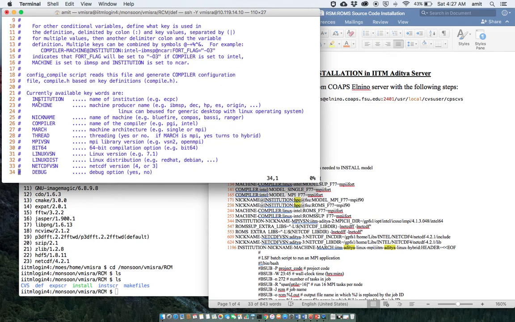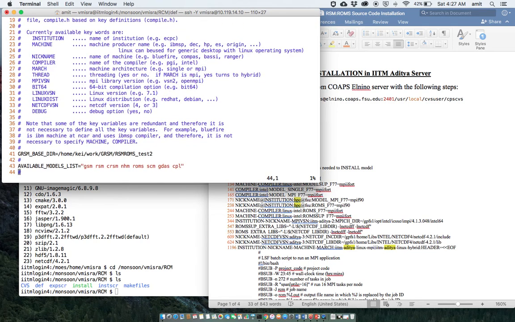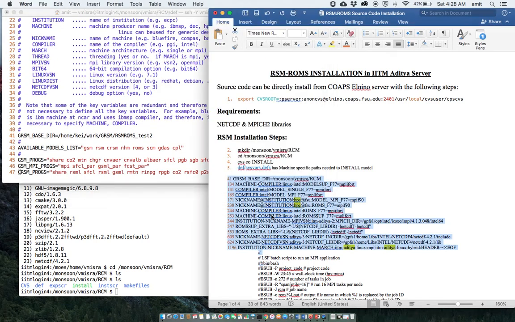For the Aditya server, institution is IITM, so we will be using that short name. Machine name is Aditya. Nickname is also Aditya. Compiler is Intel. March is MPI, and MPI version, and we'll be using netcdf version S3. These are the key variables which we will be using. And these line numbers are the same as written here. You can see line number 41 is this variable